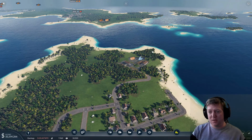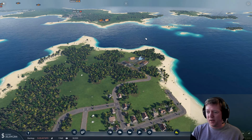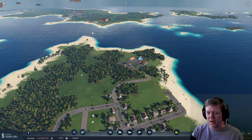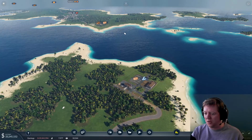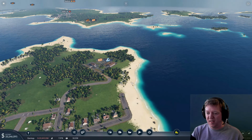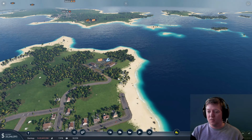Okay, and we're back from the intro, just on the other side of the little river here that I created off camera. There was originally a bit of sand that just came into here, and I thought, nah, it's kind of cheating. I don't think I like that too much. So I deleted it, made it all river. So, yes, in essence, what I'm planning on doing is putting a little boat shed or boat port thing here that will have both a small port and a large port. The small port will connect with this one and just deliver...